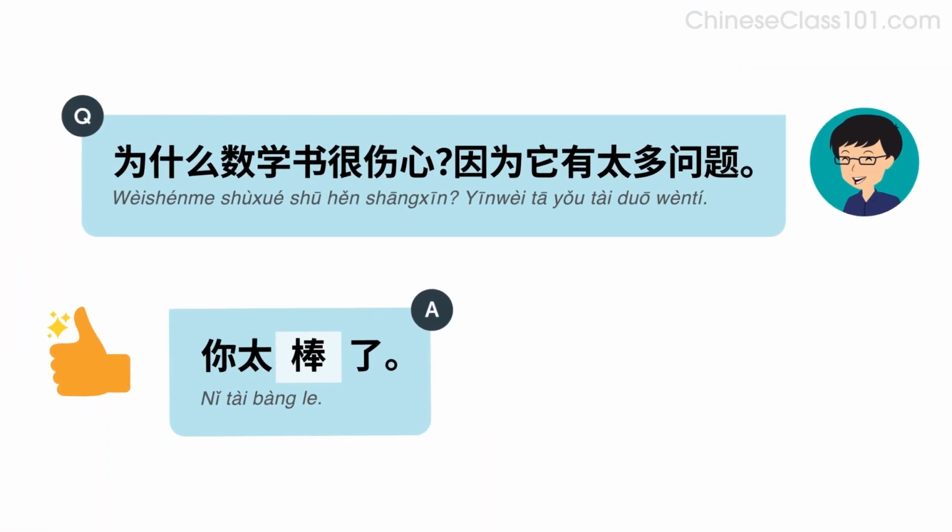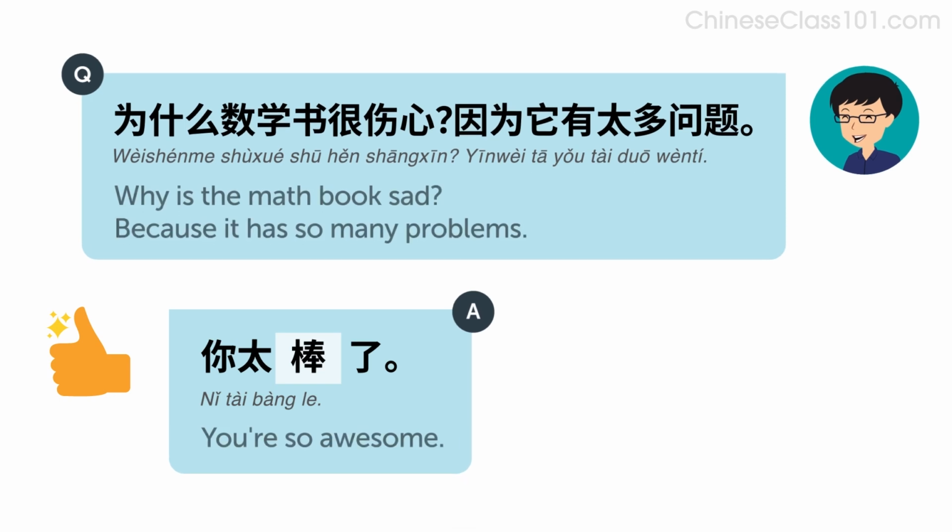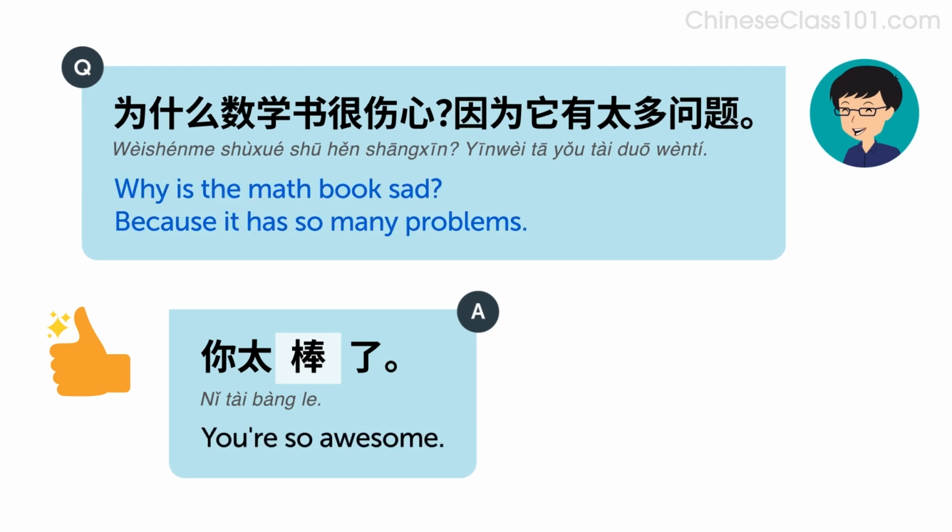Let's look at some examples. Listen and repeat or speak along with the native speakers. 为什么数学书很伤心？因为它有太多问题。你太棒了。Why is the math book sad? Because it has so many problems. You're so awesome. 你太棒了。